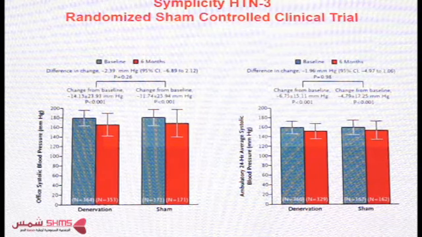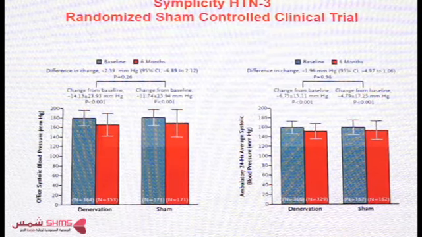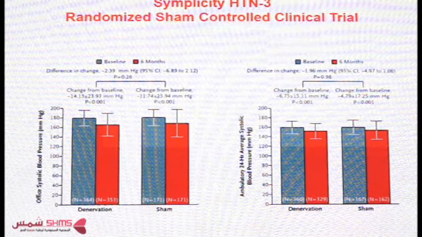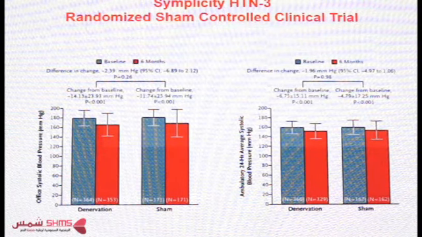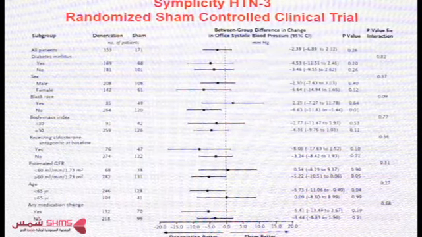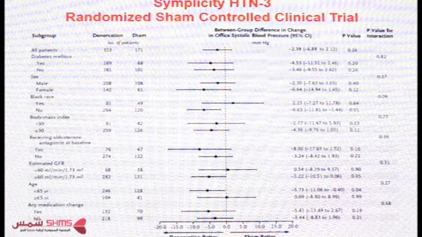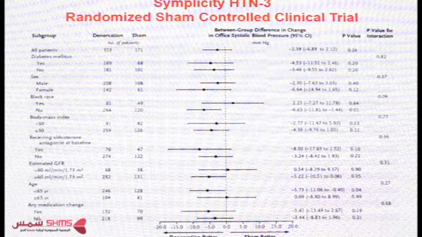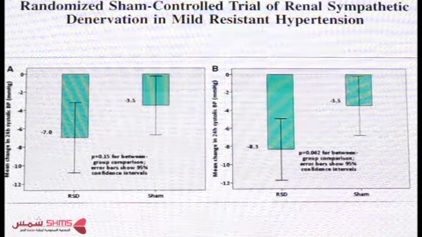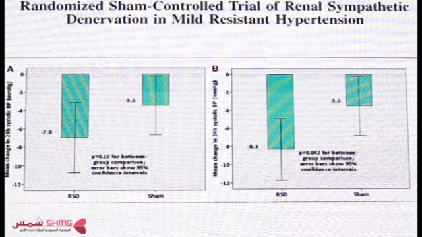And as you can see here, this trial showed that systolic blood pressure decreased significantly in both the renal denervation and sham control groups compared to baseline, but there was no difference between the sham control and renal denervation groups. When we look at the subgroup analysis of this study, in the subgroup of white people and the subgroup of people younger than 65 years old, renal denervation was better than sham controls. After the publication of